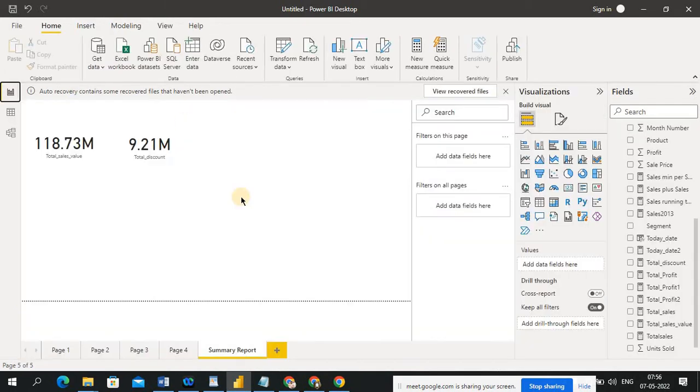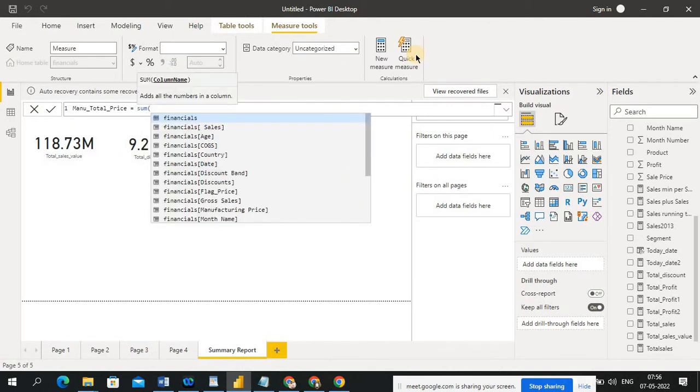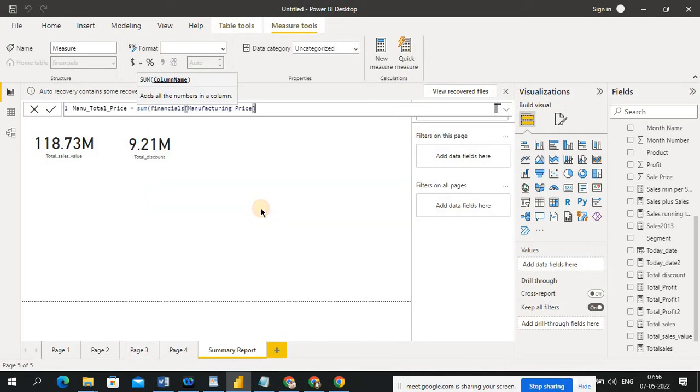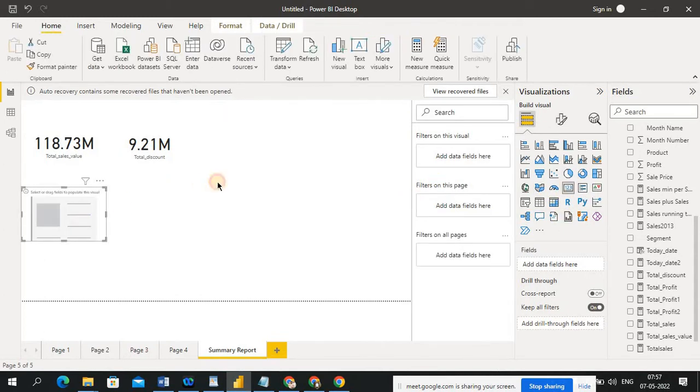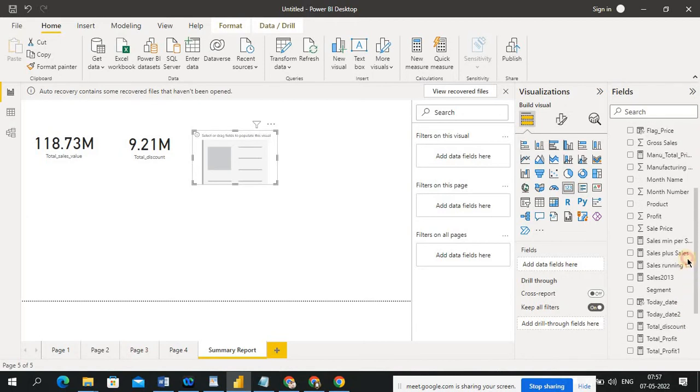So what I do, I am giving manufacturing total price equals to sum of, so you know the column, right? So this is the one. So the expression has been created. Take a card, so where is that total, so this is manufacturing price. Okay,